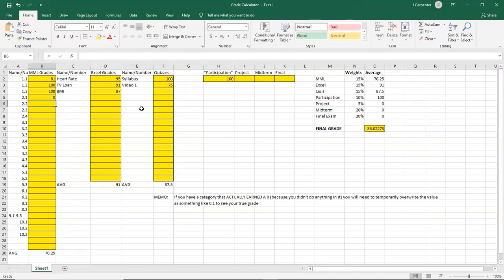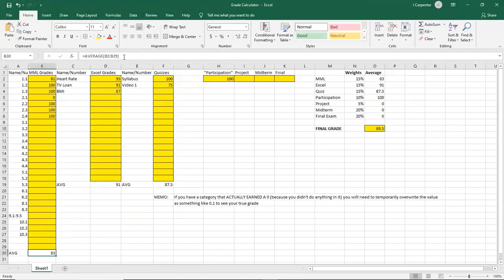down. And then the next one, oh, I gotta make up for this. So the next several I get 100s, and my average keeps going up. And if my MyMathLab average is going up, my final grade average is going up. Same with Excel, same with quizzes. So each of these yellow columns